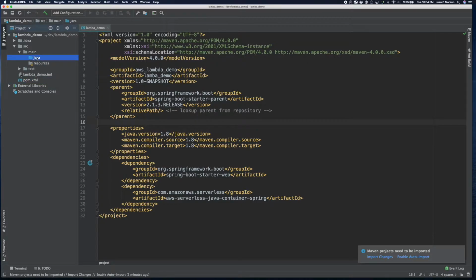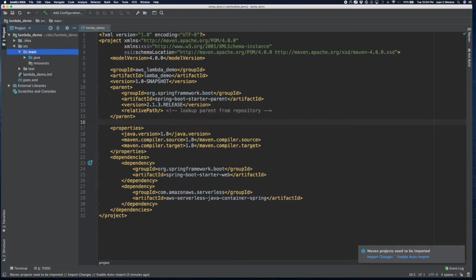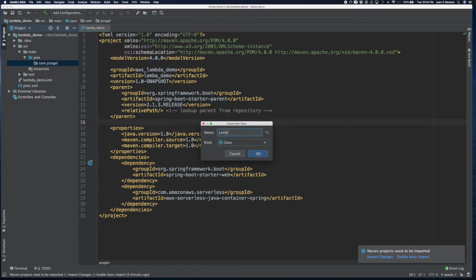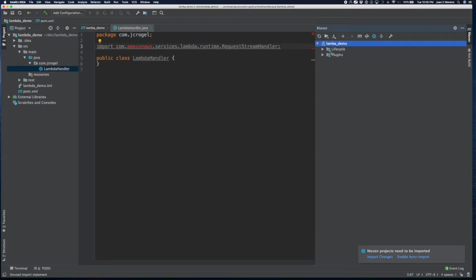In the main package, I'm going to create a package called com.jcrogel. Inside of my package, I'm going to create a new class and call it Lambda Handler. In this Lambda handler, I'm going to import a few packages. Import com.amazonaws.services.lambda.runtime.RequestStreamHandler. And if it is red like this because it cannot resolve it, what we've got to do